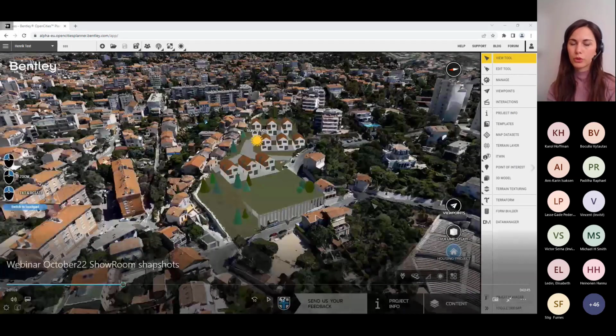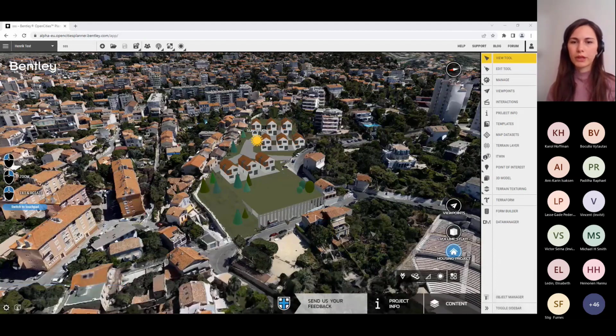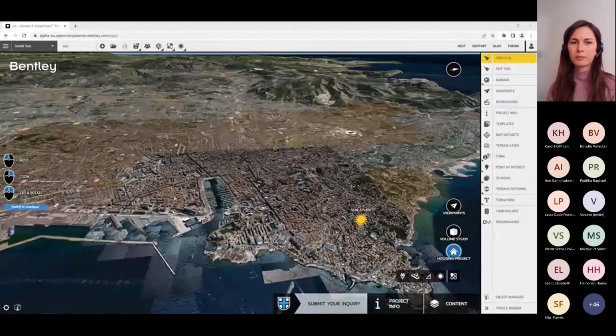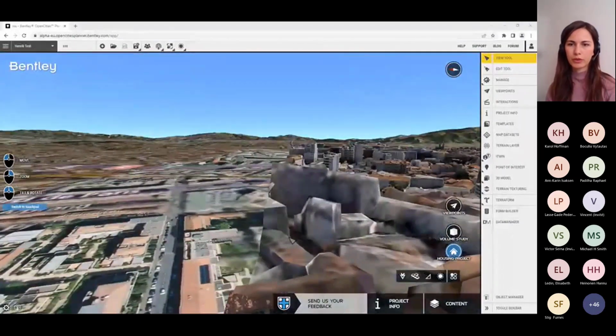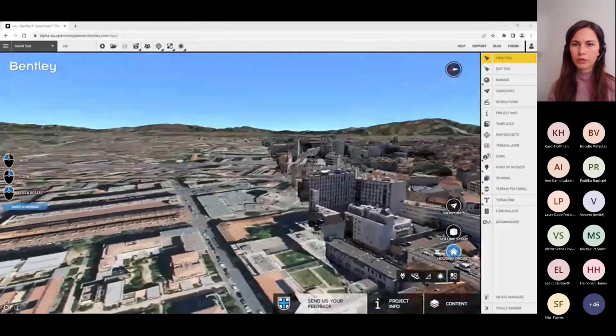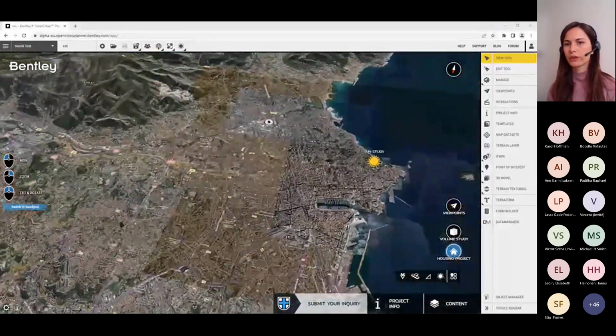Before we go into showing how ShowRoom looks like and for you to see the new interface, let's move back and let's look at a project that we want to download. And let's see how we grab those data sets from a project. So right now we're on the online version of OCP, looking at a project. This one is set in Marseille, and here we can see a difference between a Bing map and a mesh model. So like I said previously, the Bing map we will not be able to download, but we can stream it online. On the other side, the mesh model we can download, so that's what we're going to grab in